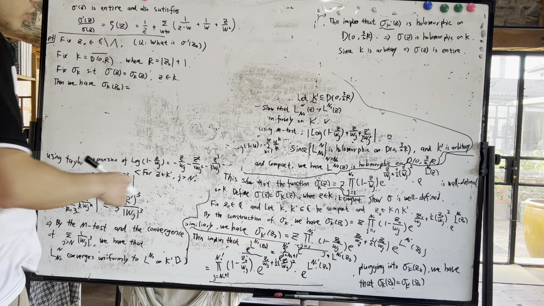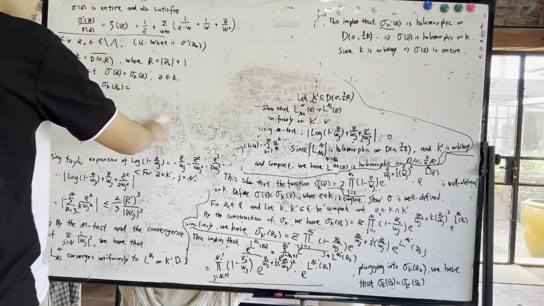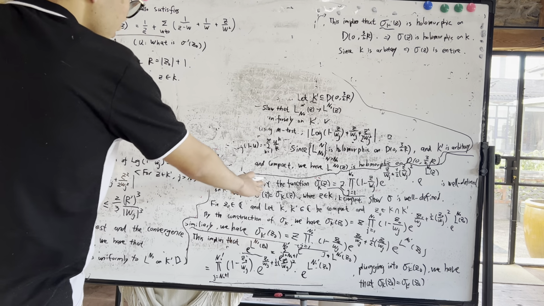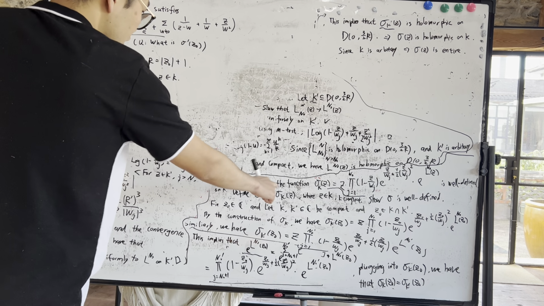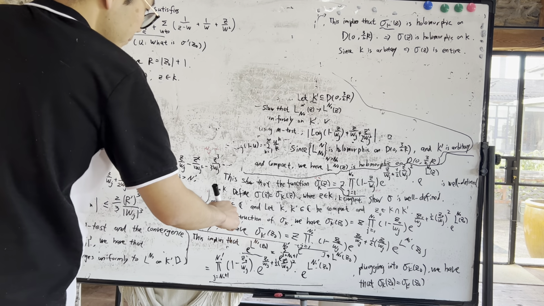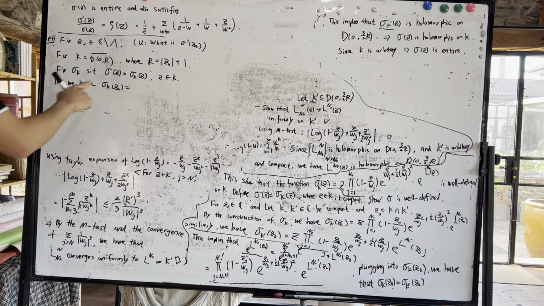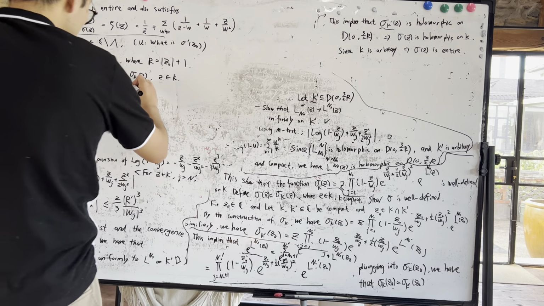So we just pick this function to be the original defining function for sigma z. By the definition of sigma K, we have that this is equal to